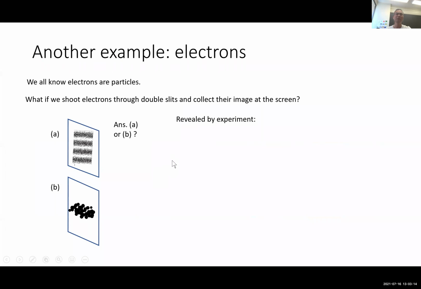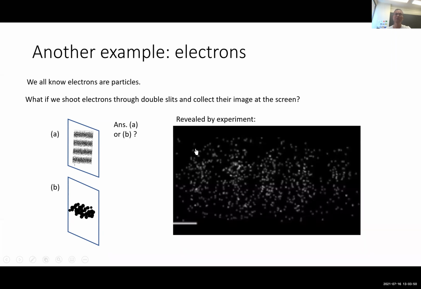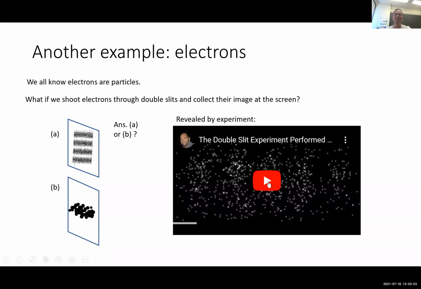Another example is the electron, and we all know electrons are particles. What if we shoot electrons through a double slit and collect the image at the screen? So let me give you some time to think about whether it's A or B, whether you have interference fringes or you just see one big blob. I'm sure you now all have the answer in your mind, and this answer can be revealed by experiment. As I play you the clip,